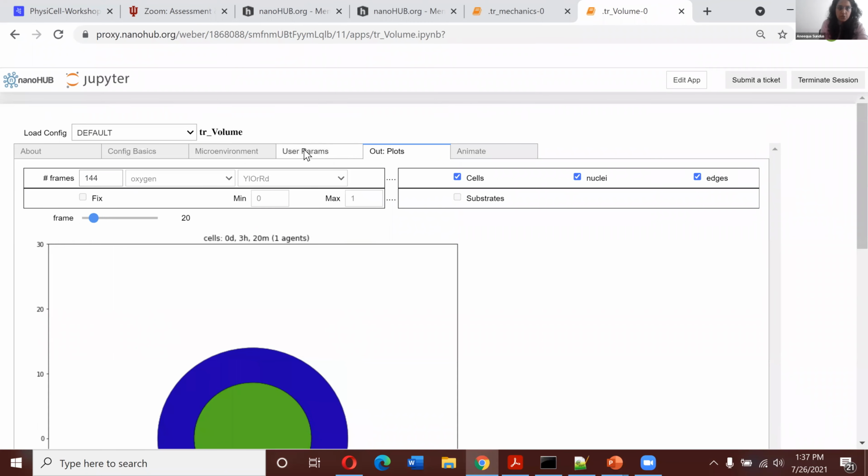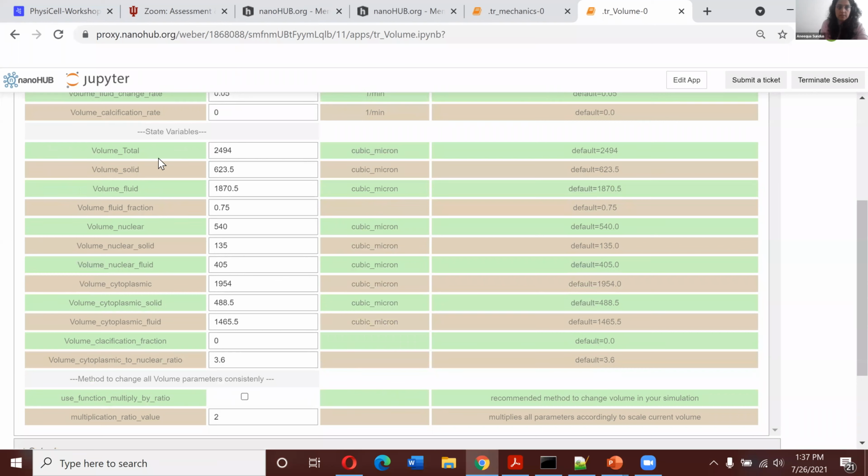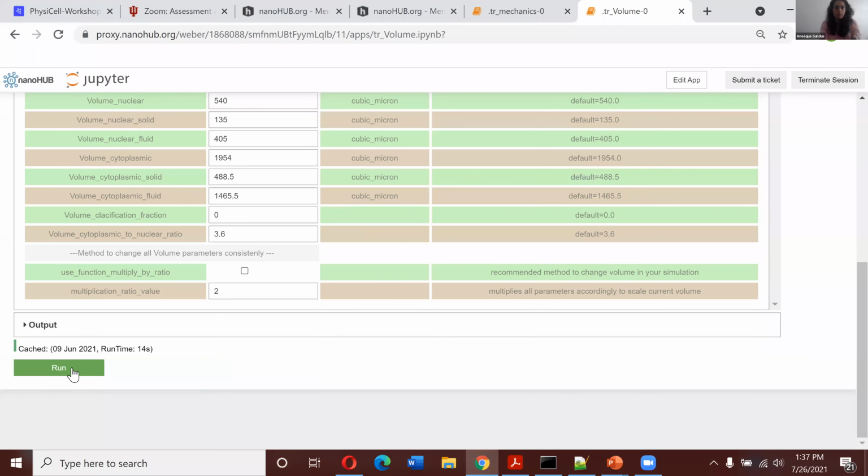But then if I change some of the state variables, for example, this volume total, I change it and I have added too much. So I add some zeros to it. Now my total volume is increased, but like I said, state variables will change it momentarily and the cell will go back to its target volume. So if I run it,